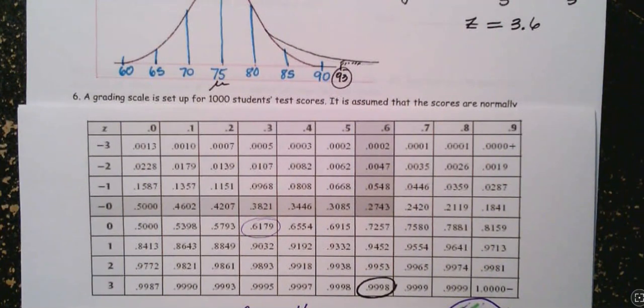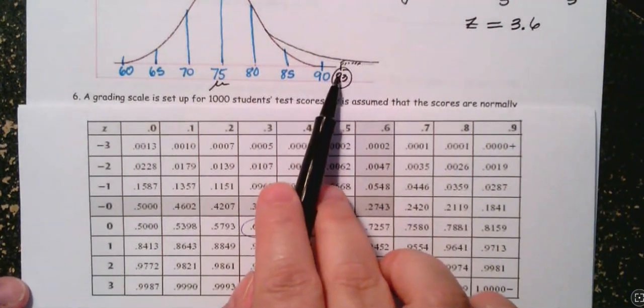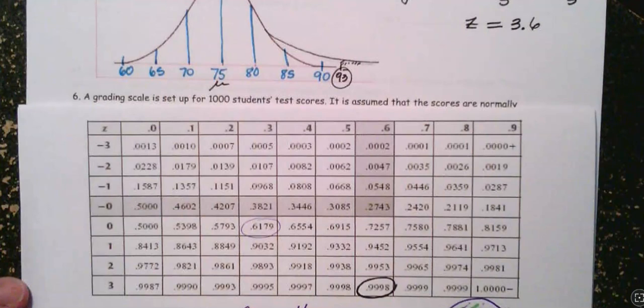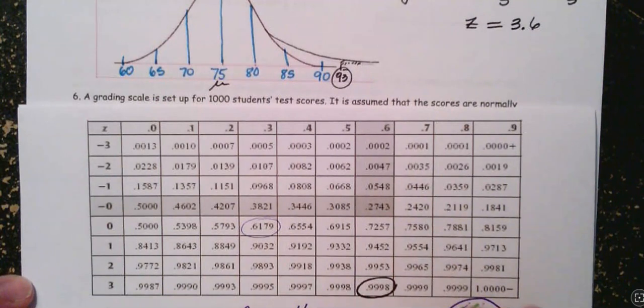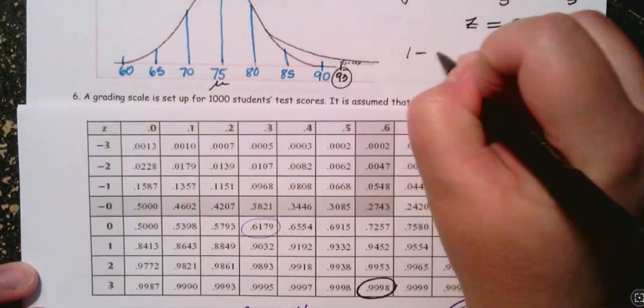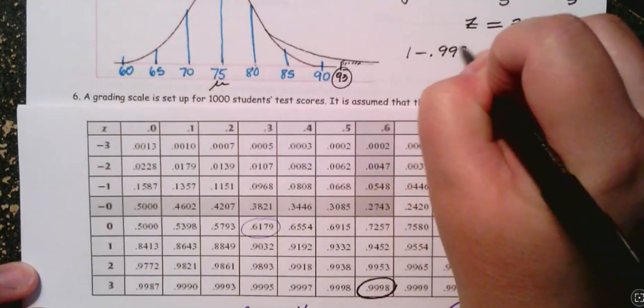99.98% of people made a higher score than him when he got a 93 and the class average was a 75? That doesn't make sense, right? Don't forget, the reason why is that's actually less than. That tells me what percent made less than he did. Okay, so the percentage of students that made less, we can subtract from 1 or change to a percent and subtract from 100. In other words, I can say 1 minus 0.9998